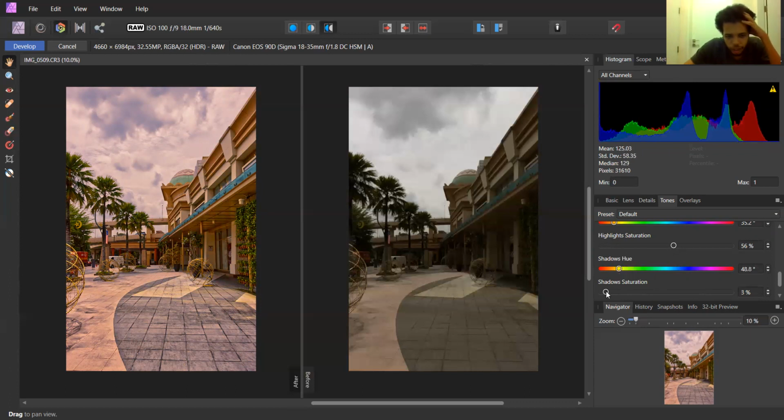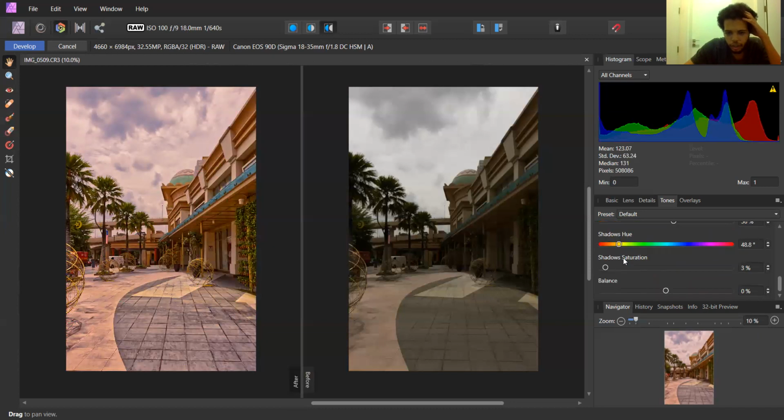Okay, I'll try to keep the colors consistent. I do not want way too much change of the surroundings compared to the shadows. So yeah, I think that one looks nice. And then the balance over here is basically just how everything is being balanced out. So the lower the value, basically the more imbalanced it is. But for me personally, I want it to be something of about